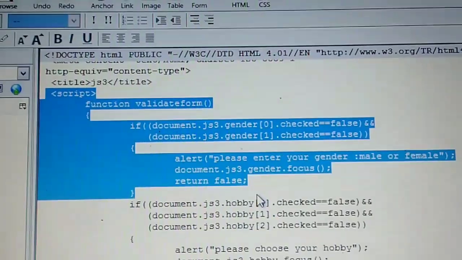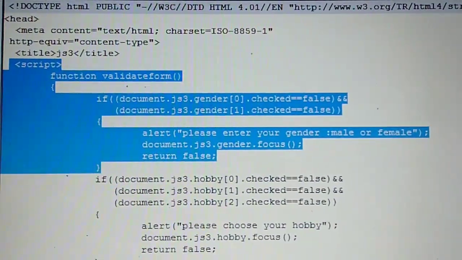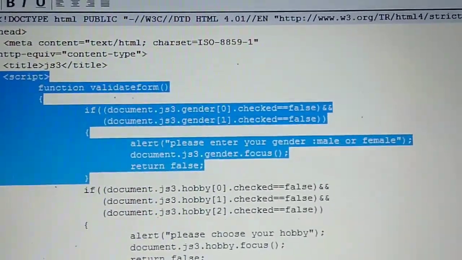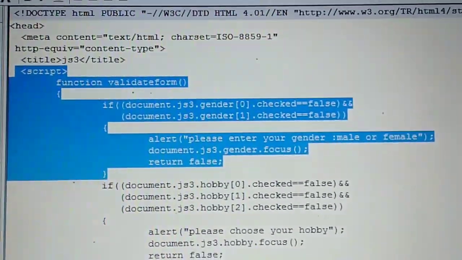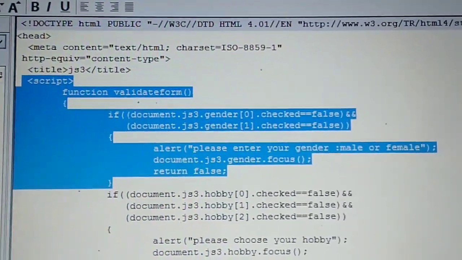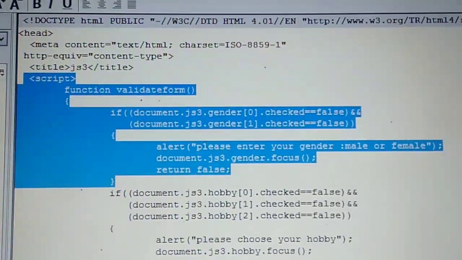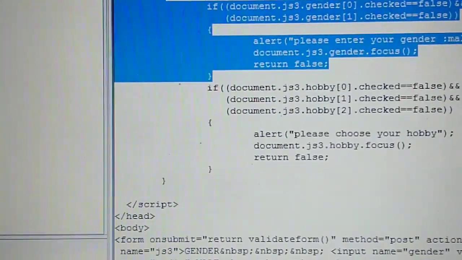Now up to now, in your name field and your pin code field, we have already created a variable which is used to store a value inside it. But for radio button and checkbox, there is no need to store a value because the user has to select the radio button and hobby.